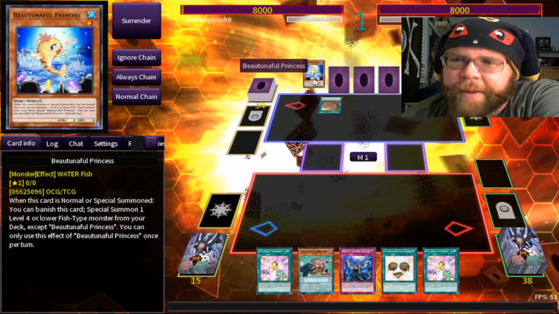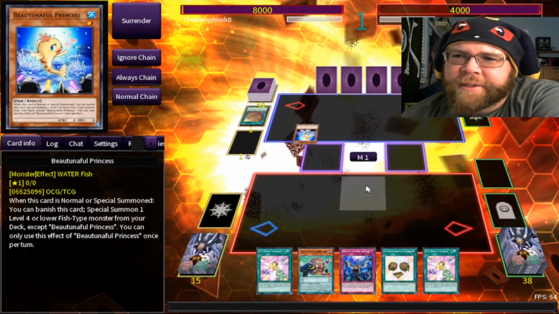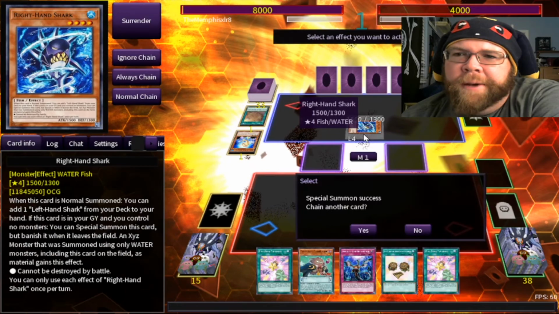Period Grey Map. Oh, I know exactly what this is. I know exactly what deck this is. I have seen this deck. Can I interrupt that? I can interrupt the other guy. I know exactly what deck this is. I have seen it before. Oh,